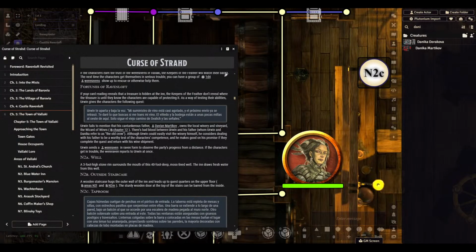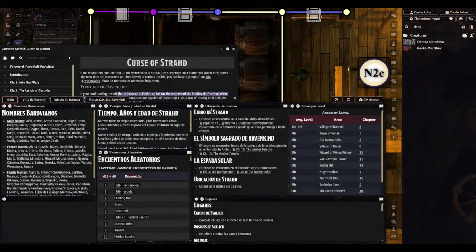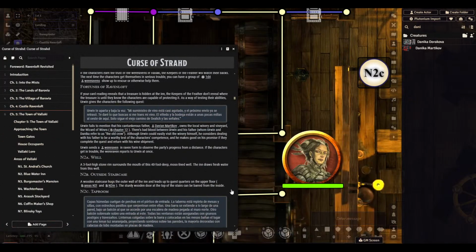Fortunes of Ravenloft. If Garvin is, I don't know. They're not here. Is Engulfius Tree. Ravenkind is the Amber Temple. The Bone Grinder. Okay. Well,